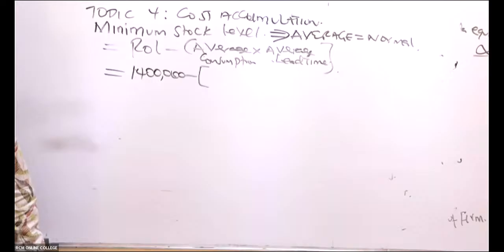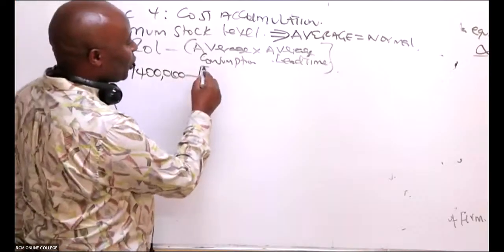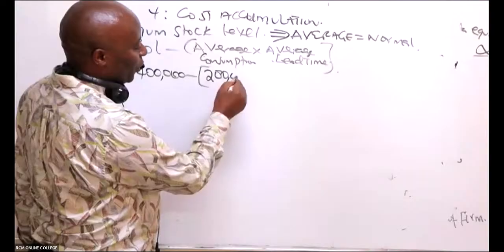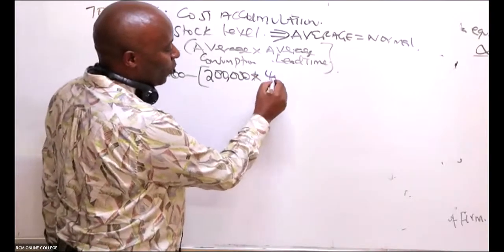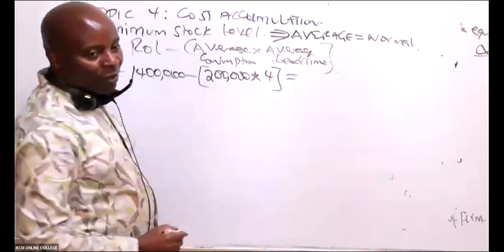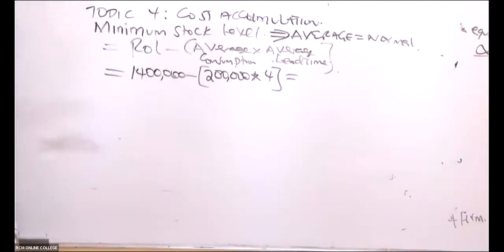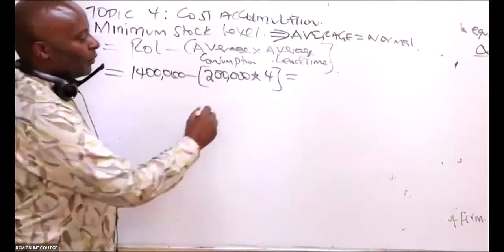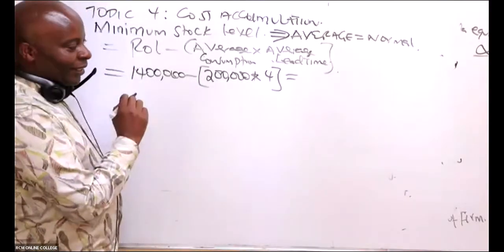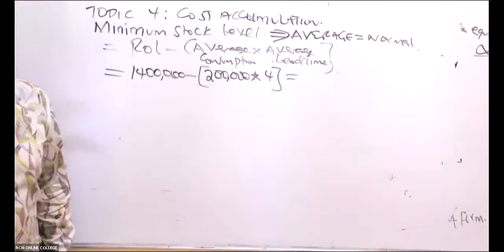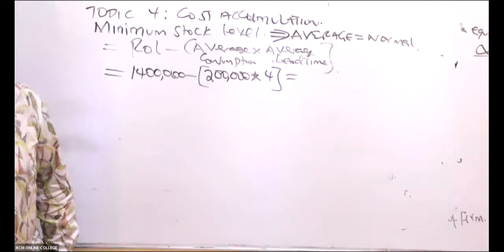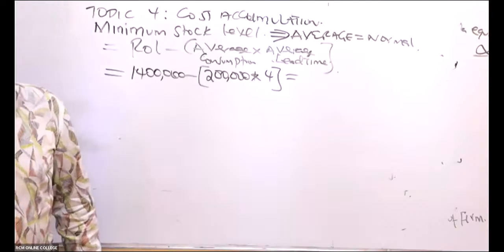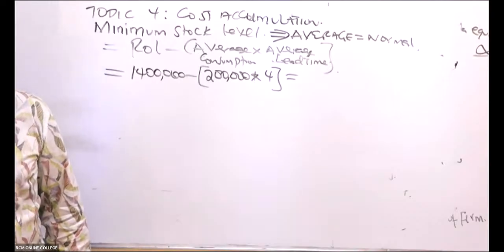So average consumption is how much? 200,000 times what here, somebody? Average lead time, which is 4, right? So the final answer will be equal to 600,000. Yes. There are two ways of doing this, and you'll realize your examiner will be very lenient. If you look at the question provided,